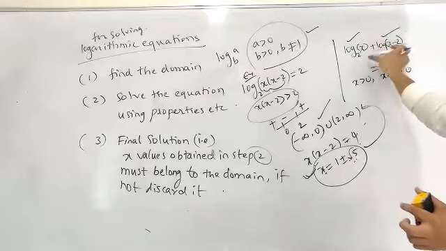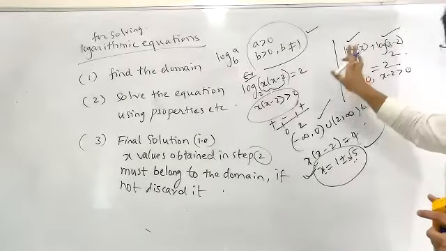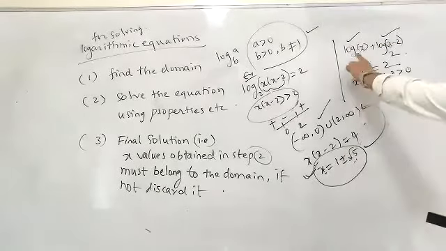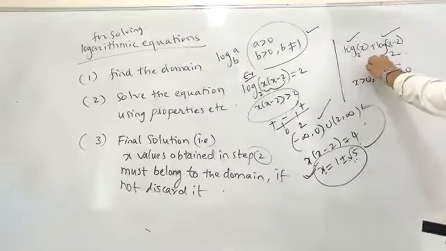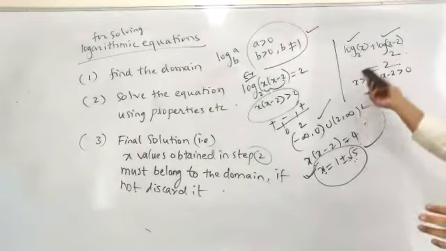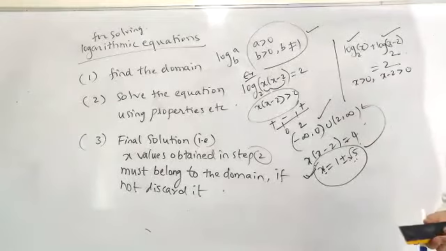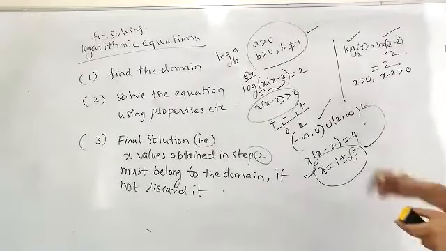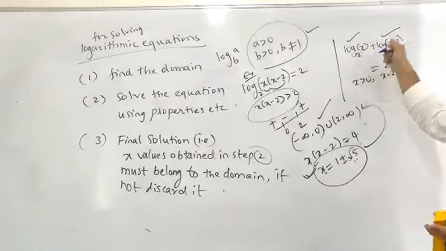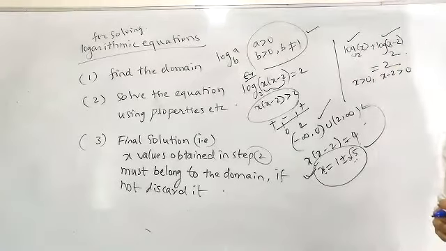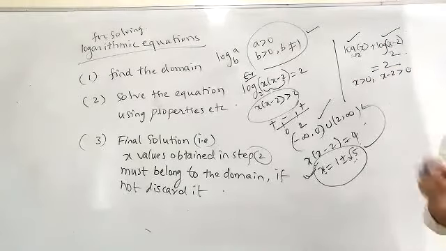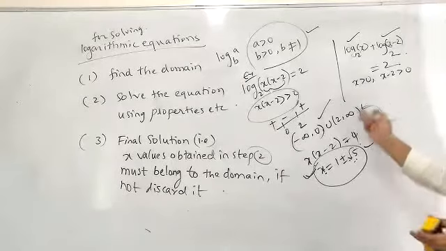For the existence of this, when I write the plus, simultaneously this has to be defined and simultaneously this has to be defined. If both are defined simultaneously, only then I can write this. So what will be the common domain? For simultaneous existence, you must take a common domain.